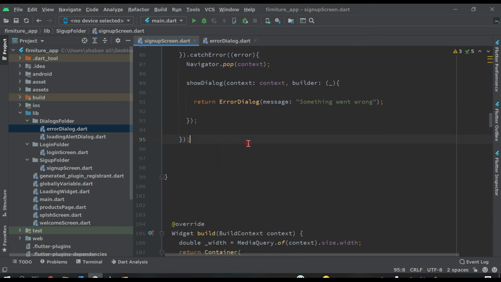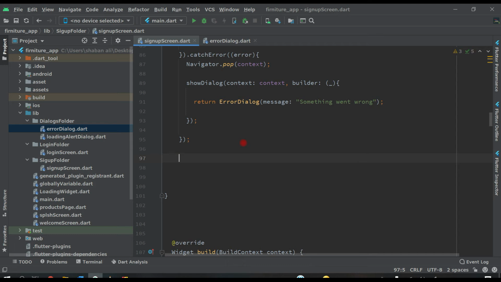And then after that, come here, right here, we will put one condition: if currentUser is not equal to null. If the user is not null, we have to send the user to the product page. If the current user is already logged in or has registered, we send the user to the product page.